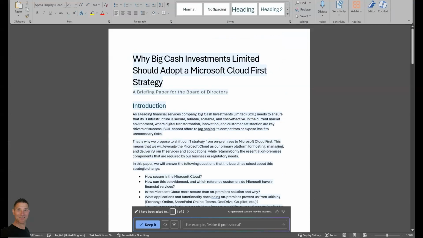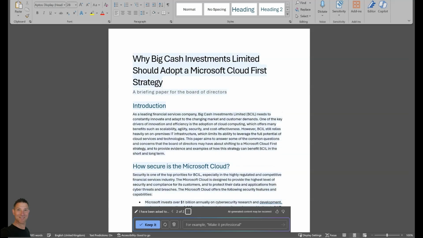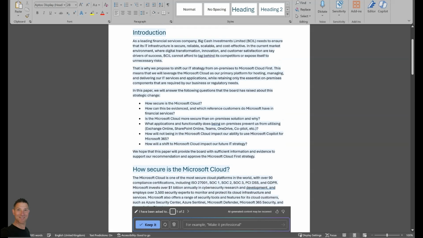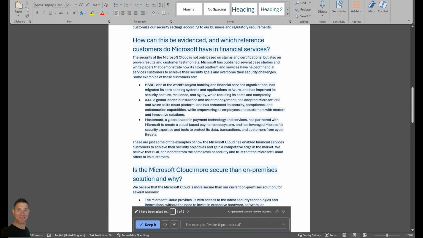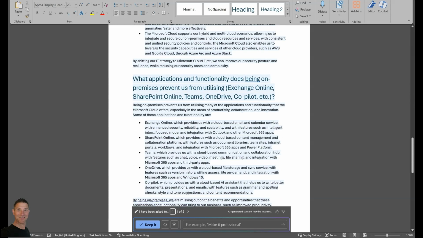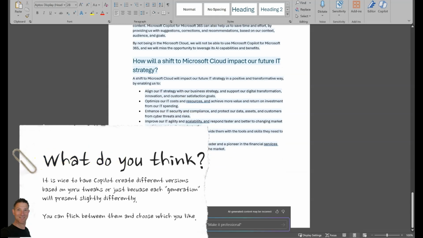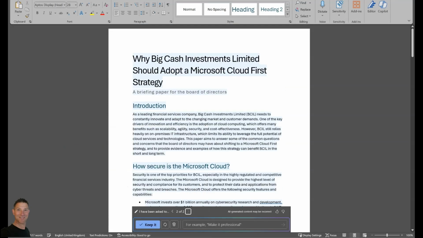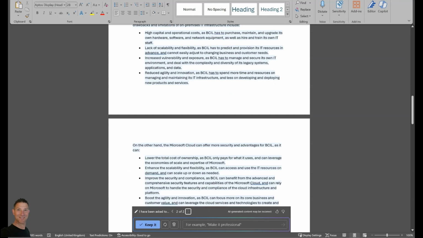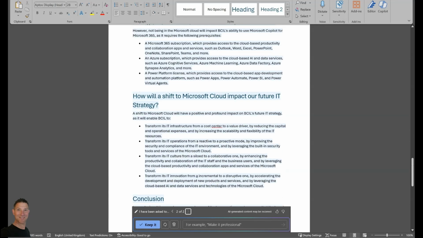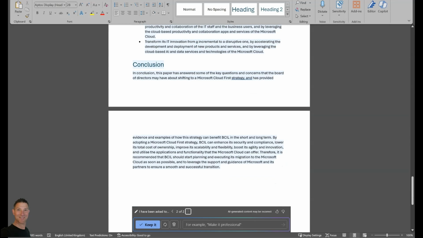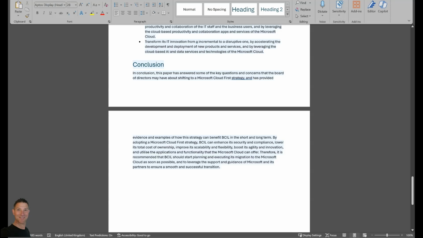So that was the first version that it wrote, where this is the questions. This is the second version that it wrote. So I could again ask for a third version and then take the best version from that. So first version, that's what we've got, slightly longer introduction, 3 examples, but very, very similar. There's no conclusion on this section, strangely. On the second version, we've got a slightly shorter introduction, but it has given me at the end a nice conclusion. So I think I actually prefer the second version, so I'm going to keep that version,